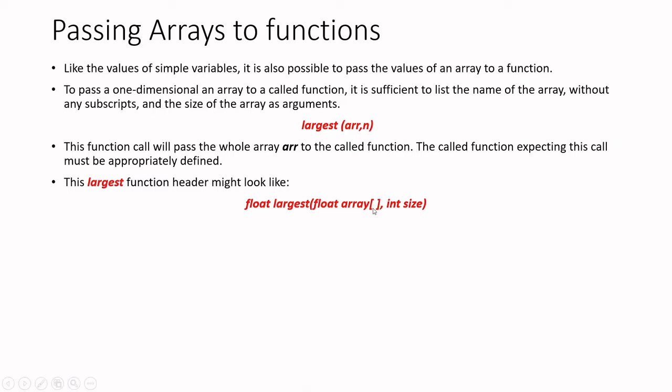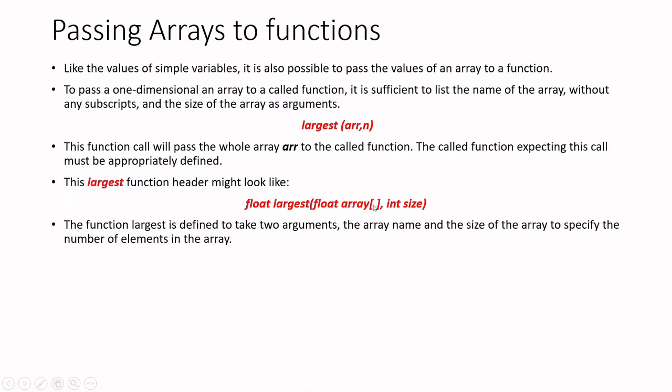There you need not specify the size within the square brackets, but it is mandatory that you give the square brackets to show that it is not a single float but an array. To show that, you have to give the name like that. Here it has two arguments. One is the array and the other is the size. So you can give the size, or number of elements of the array, as a different second argument of type integer. Then the declaration, we give like this.